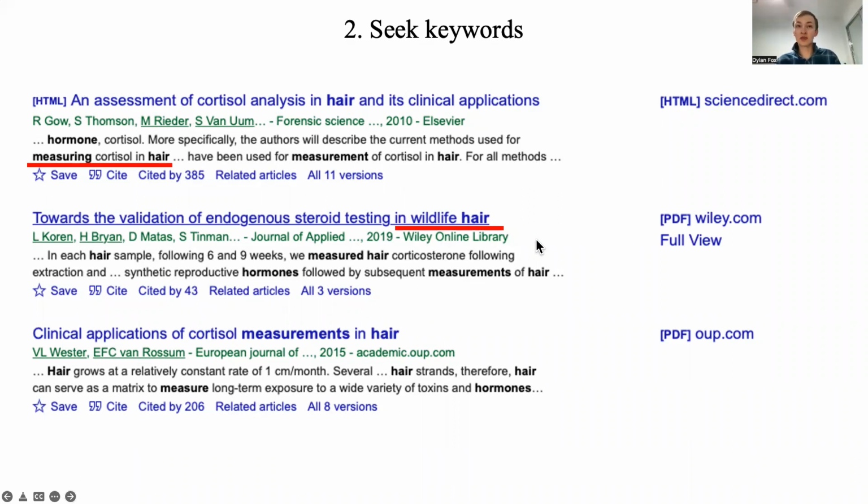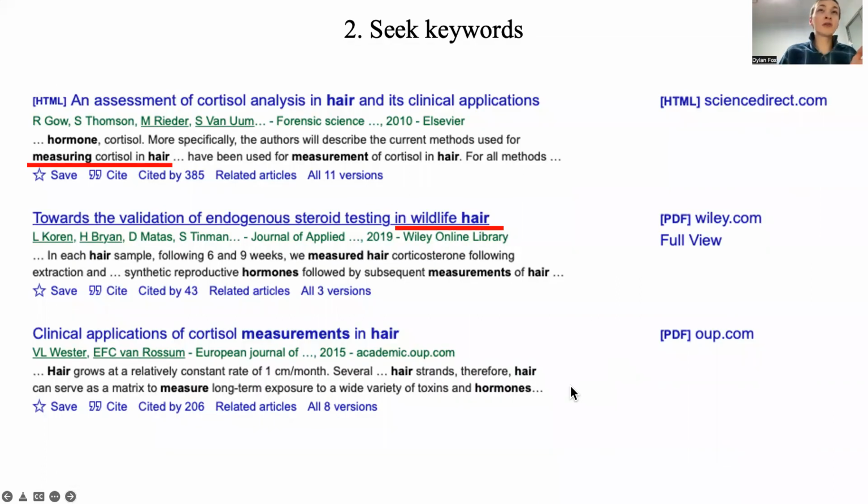The next paper is talking about wildlife hair. So that's one step closer. It's not exactly rams, but it's likely wild animals. So that's something that could be of value. And then the last one talks about clinical applications of cortisol measurement. So that is likely talking about human medicine once again. However, it doesn't mean it's not valuable, because we're all mammals at the end of the day, at least the animals